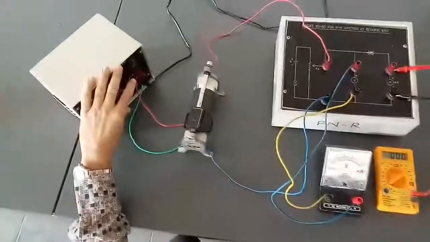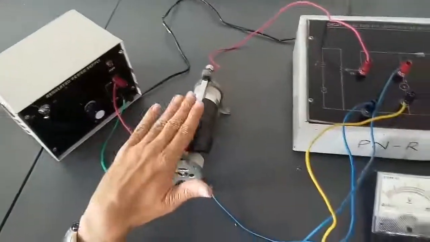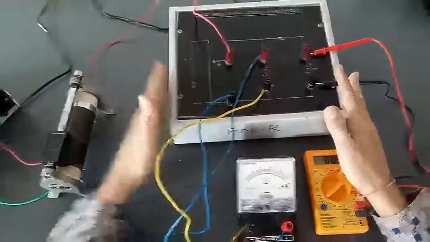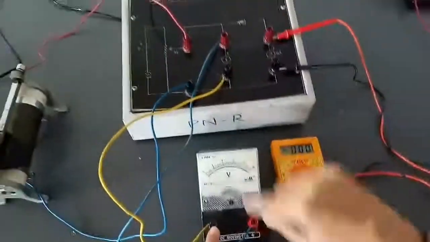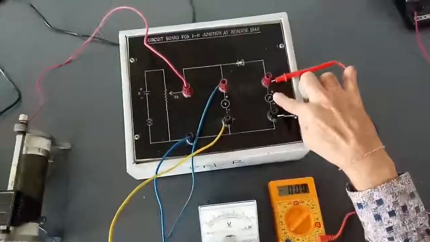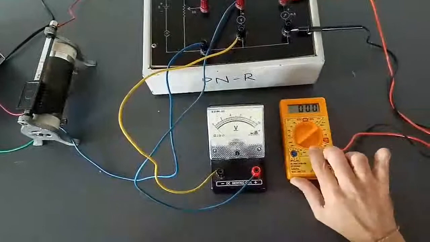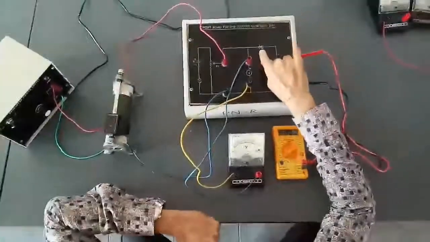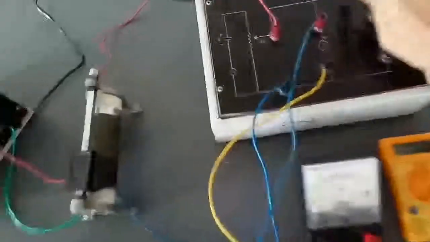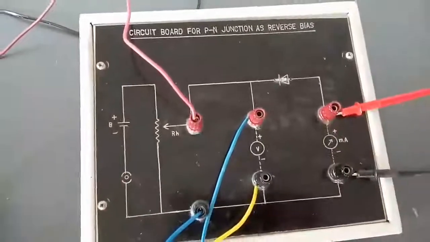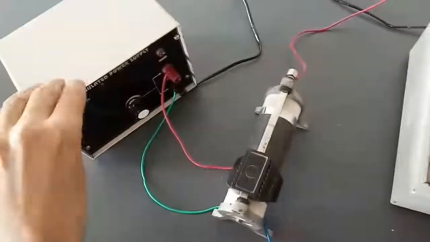Now here is the power supply. To change the voltage in the circuit, we have connected the rheostat. This is the PN junction diode in reverse bias. Here we have connected the voltmeter, V. Here is a current meter, but since the current is in micro range, we have connected a digital current meter. This is the diode, and it is in reverse bias. This is the P type material. This is the N type material. Now let me start the circuit from this battery.